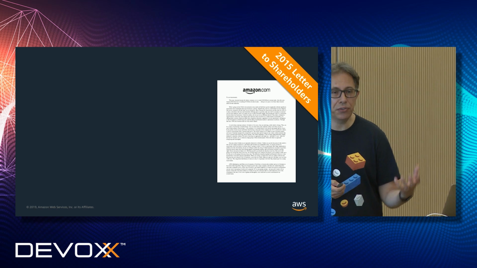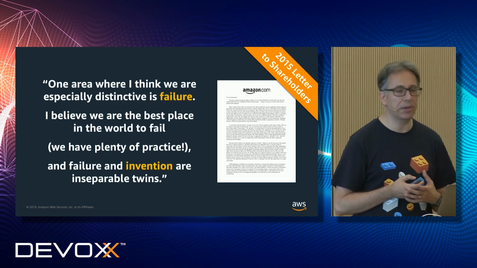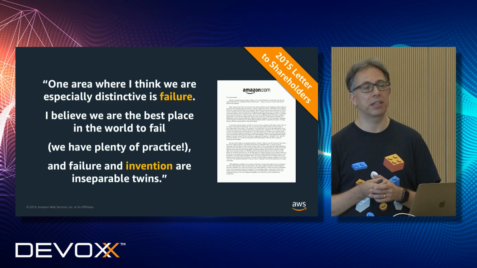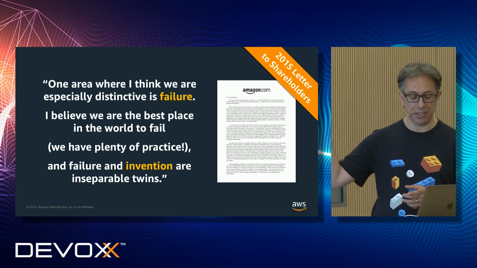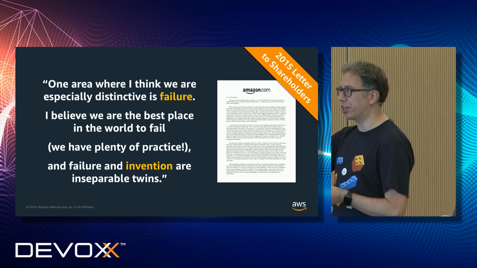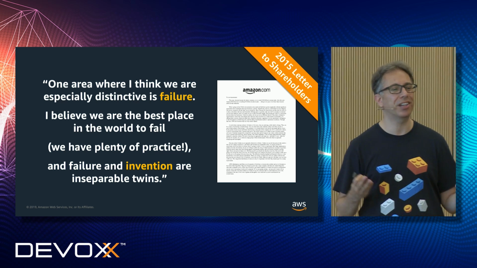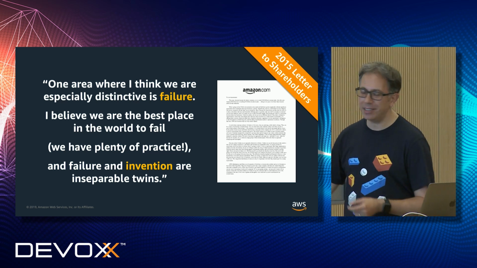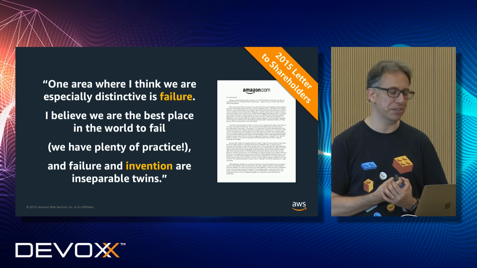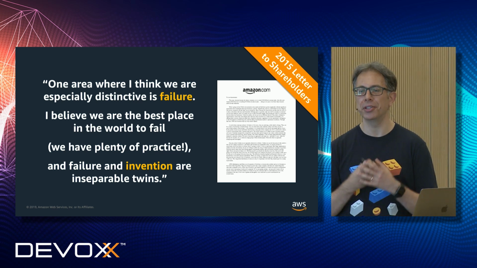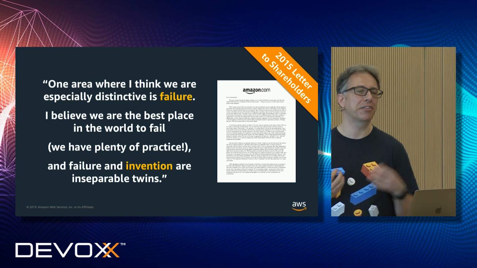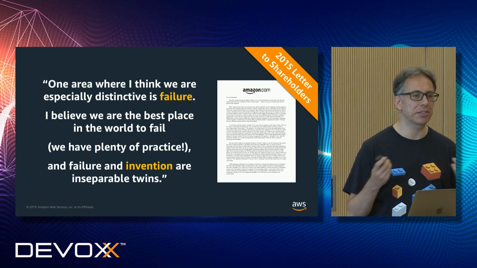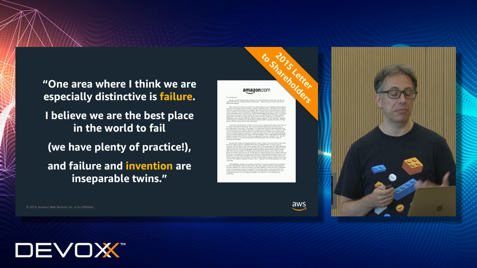And even if you do all of that, still be prepared for big failures, because this is the only way to innovate. This is the letter that we sent to our shareholders to reassure them that having shares of Amazon is good. We tell them it's good to have shares of Amazon because we are at the best place in the world to fail. Because we think that failure and invention are intertwined. So you can't innovate if you don't have big failures.